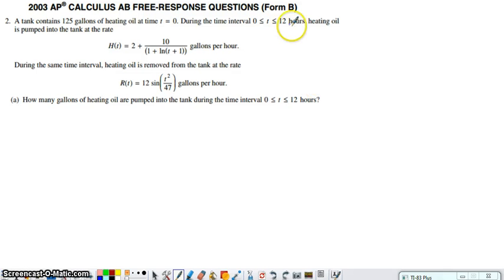So here's another free response question. This is from the 2003 AB exam, Form B. It's problem number 2, which was a calculator question. And the setup tells us that we have a tank that has 125 gallons of heating oil at the beginning